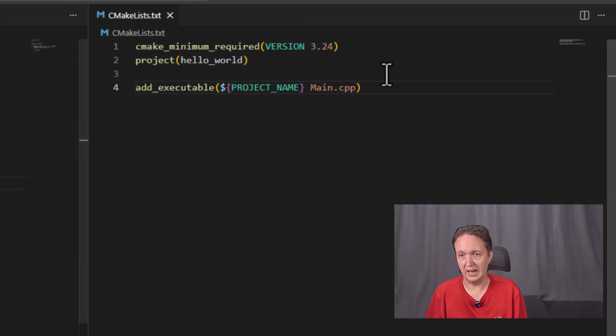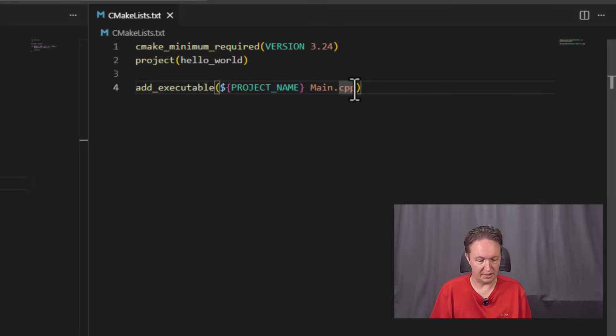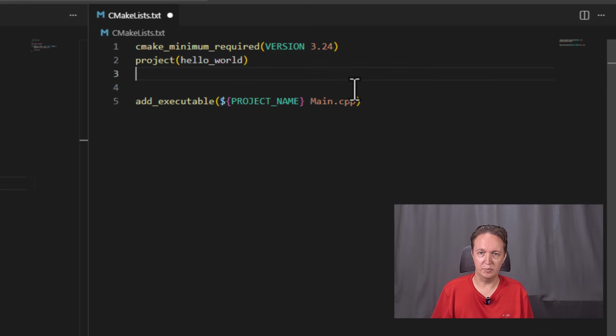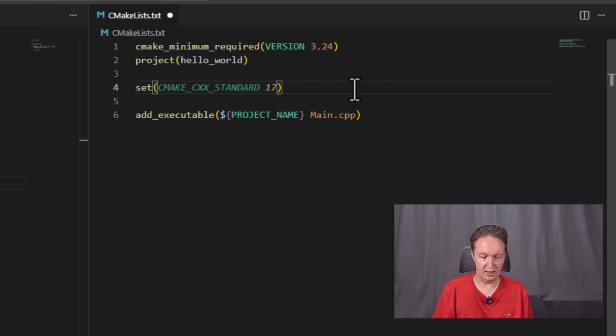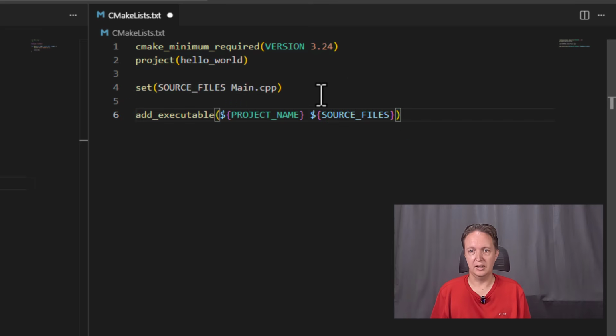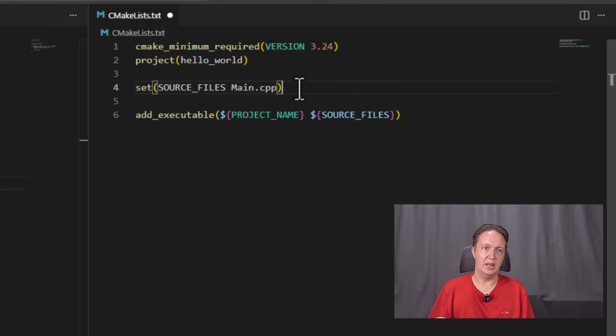Right? Like software that does something useful typically has multiple source files. Well, you just add them here. So you might have a graphics.cpp and then a sound effects.cpp or whatever. Actually, a more common pattern would be to have a source files variable here, and then you use the source files variable in here in the add executable call. And the reason for that, you don't need to do it in a situation like this, but you might need